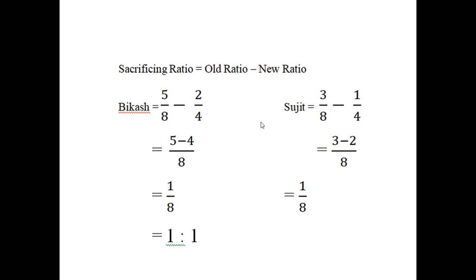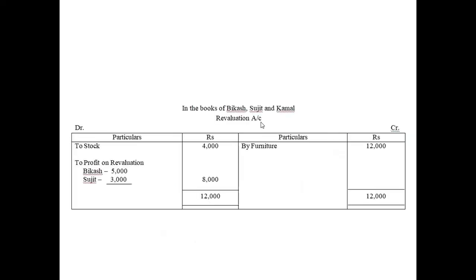So now let us move on to a revaluation account. This revaluation account is very simple. You can see here there is no such problem. Furniture is to be appreciated by 12,000. So whenever the amount is followed by the word by, write the amount directly. Furniture is an asset, so furniture is increasing here. So we will put this furniture on the credit side of the revaluation account because the asset is increasing.